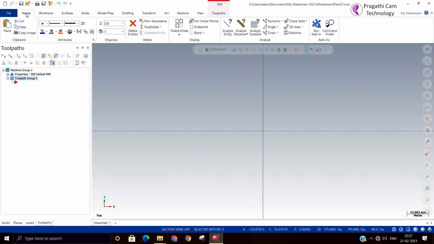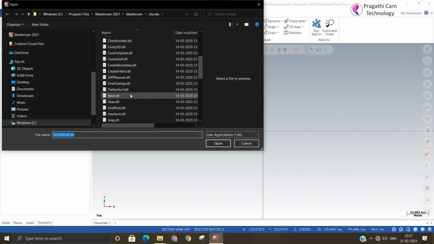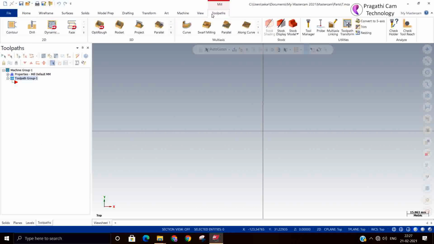In that, these toolpaths were there. Now they have brought them outside. It looks like a new toolpath, but it is actually an old toolpath.